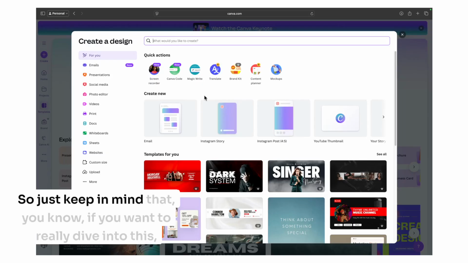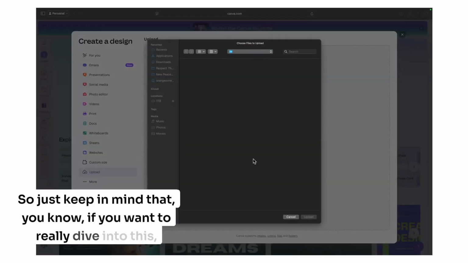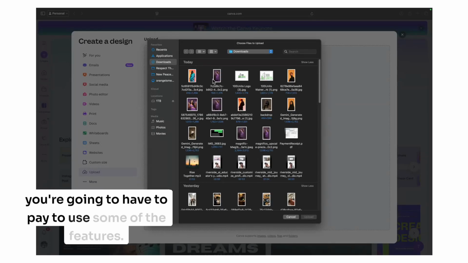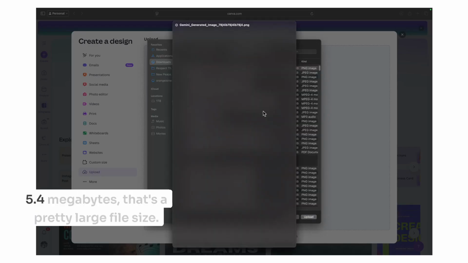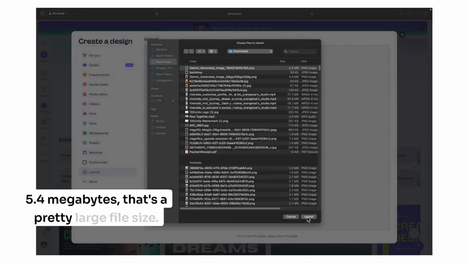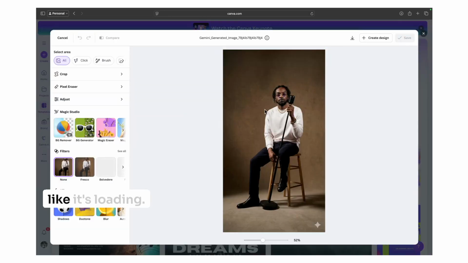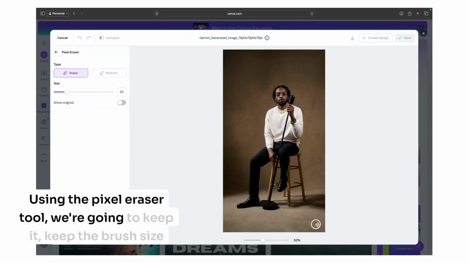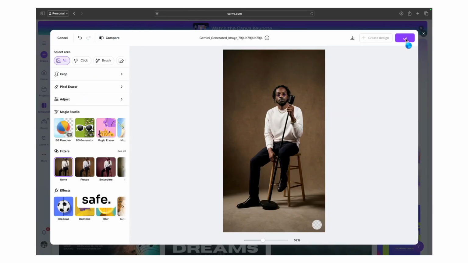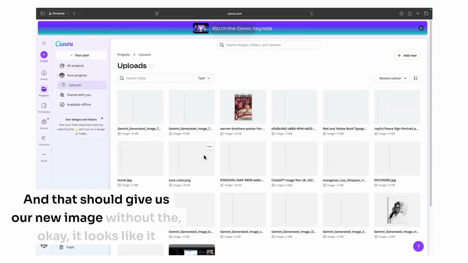So just keep in mind that if you really want to dive into this, you're definitely gonna have to pay to use some of the features. Let me make sure I get the last image here. 5.4 megabytes. That's a pretty large file size. Let's say we want to edit the image here. Looks like it's still loading. Pixel eraser. Using the pixel eraser tool, we're gonna keep the brush size right there. Done. Save. And that should give us our new image without